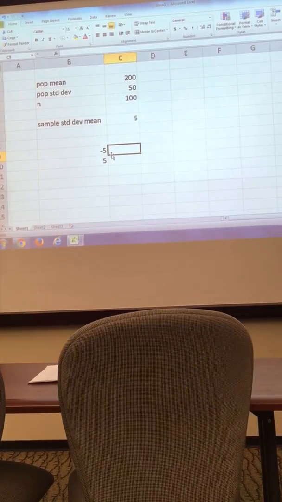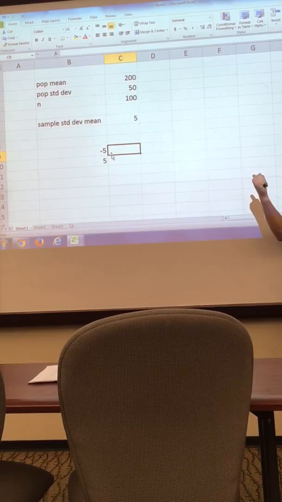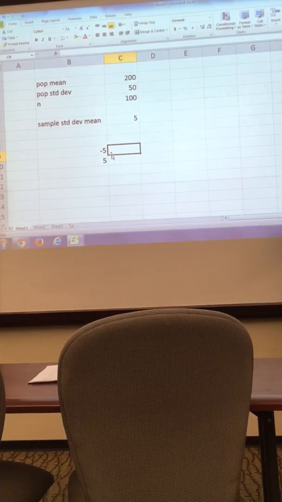First is the distribution of the population as a whole. So between 150 and 250 for the whole population, that's going to be 68%. But now if I go out for that whole population, I choose 100 people and I ask them what their average ticket price was, then there's going to be a 68% chance that my average ticket price is going to fall between 195 and 205. Got it. And so how we calculate that in Excel,